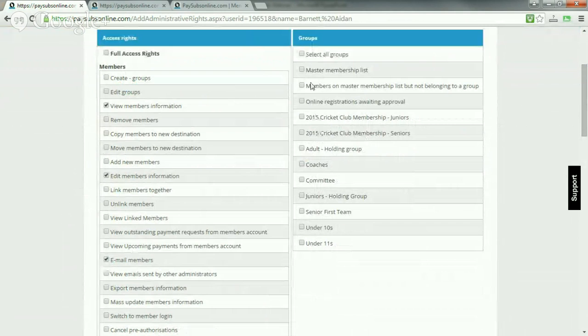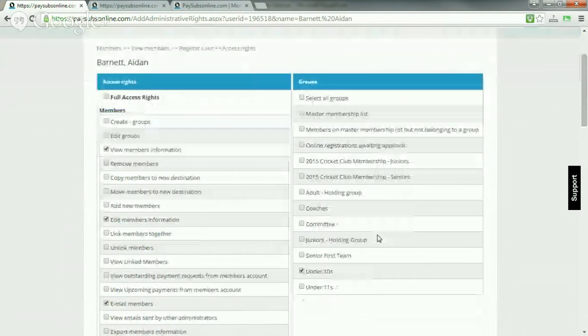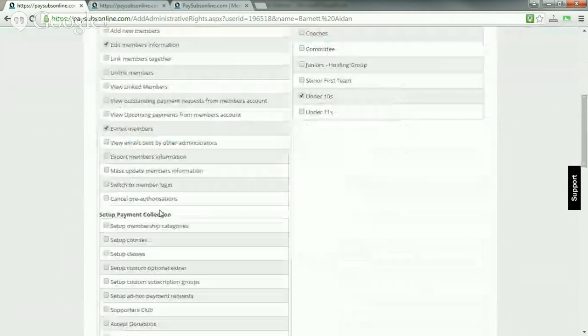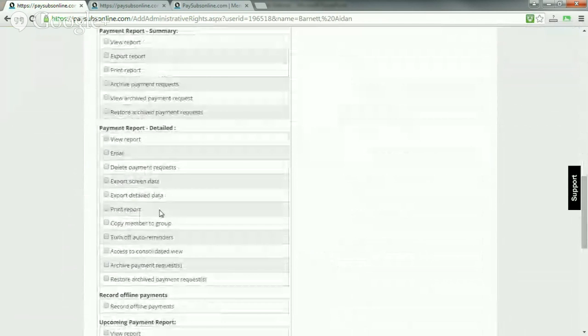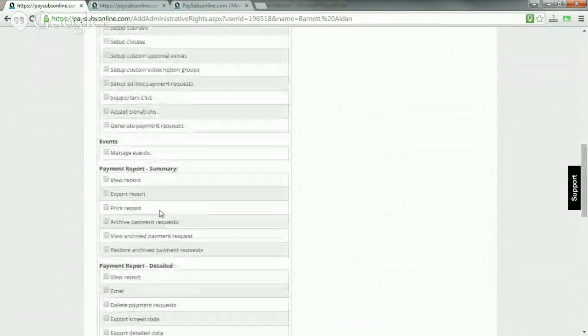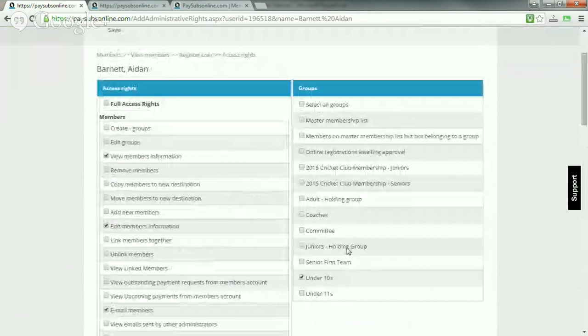Then I can say I'm managing the under 10s, that's what I'm going to give you access to. So you can be very granular in what you give access to. Every feature, every function of the site is broken out, and you can turn things on, turn things off, and limit it to the groups that they can access.